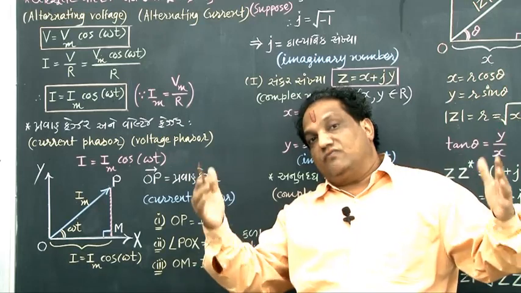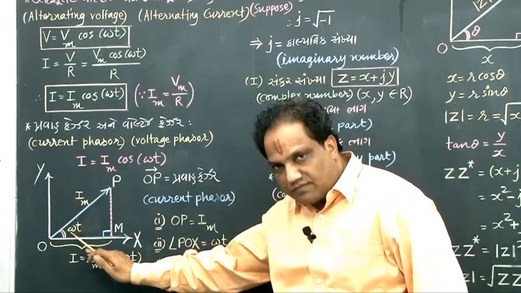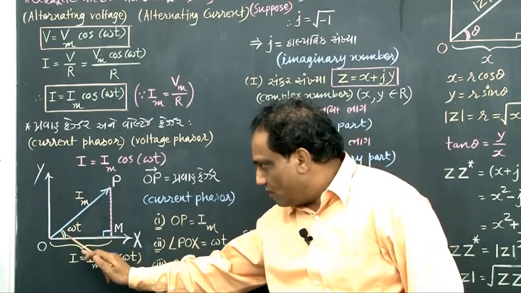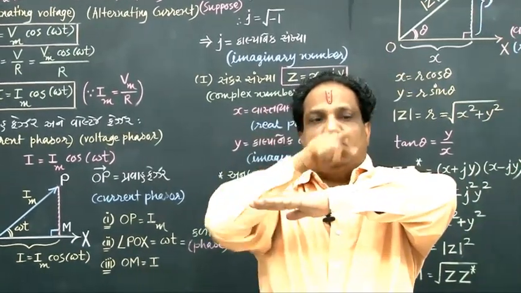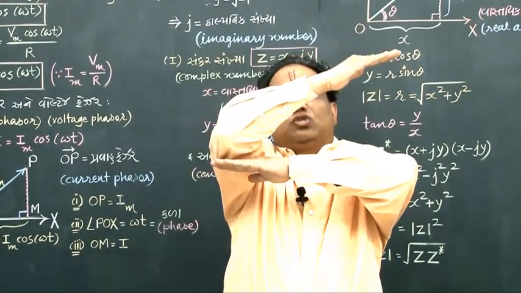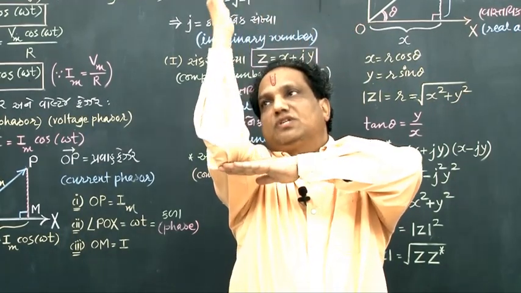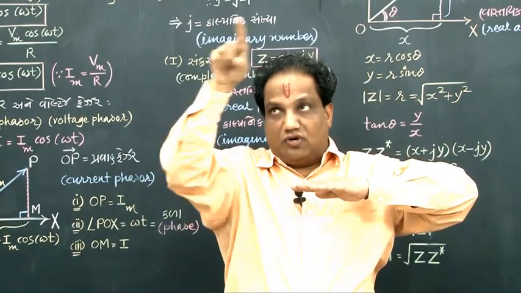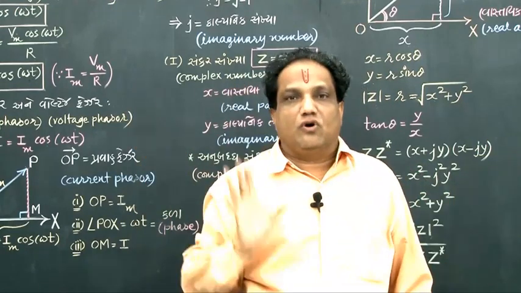Then you may ask, why is it called a rotating vector? Simple. See, this omega is constant, but as time passes, as t increases, this whole product will increase. So if this is the x-axis, this is the phasor, the angle is omega t, and that angle keeps on increasing. So this vector in space will be found rotating with constant angular speed omega, correct? Because it is found to be rotating in space, we call it a rotating vector. In short, we call it a phasor,